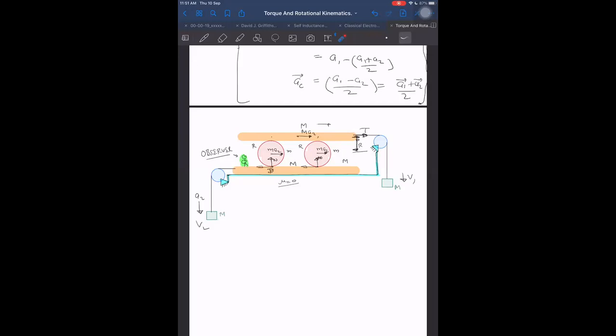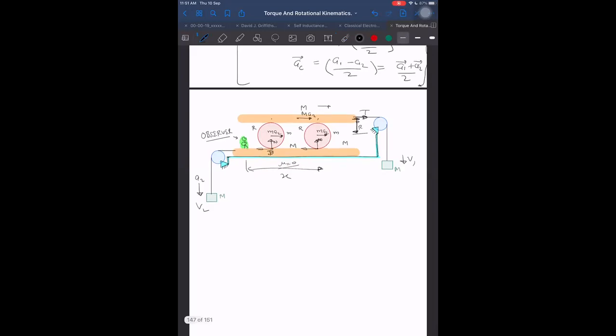What happens now? So okay. With respect to this point, if I have to take the torque, then I will have to know one extra distance. Maybe call it x. This distance will be fixed only, and the torque acting on this whole system will become T into R, the external torque, and that torque will be equal to the rate of change of angular momentum of the ith particles. What are the particles here?